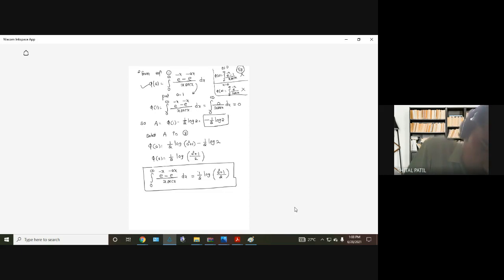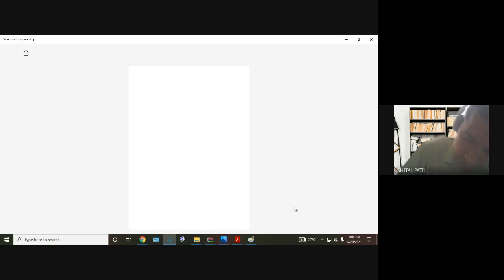Prove that. I have to change the page. Page number 60 now. Write down. Prove that integration from 0 to infinity 1 upon x square log of 1 plus a x square dx equal to pi root of a. No doubt a should be greater than 0. Hence, using this what do we have to do? Look, hence deduce that.